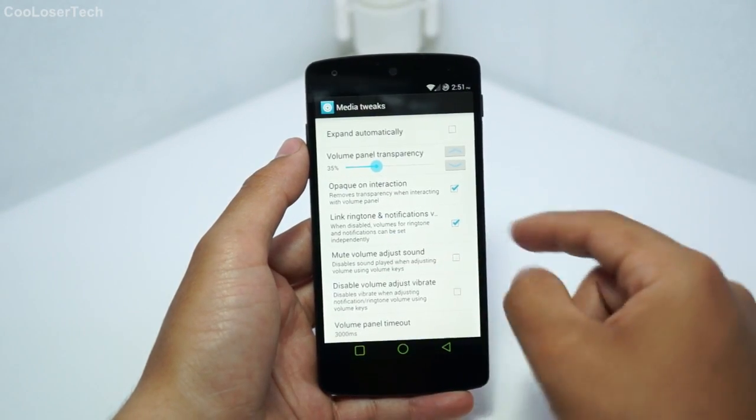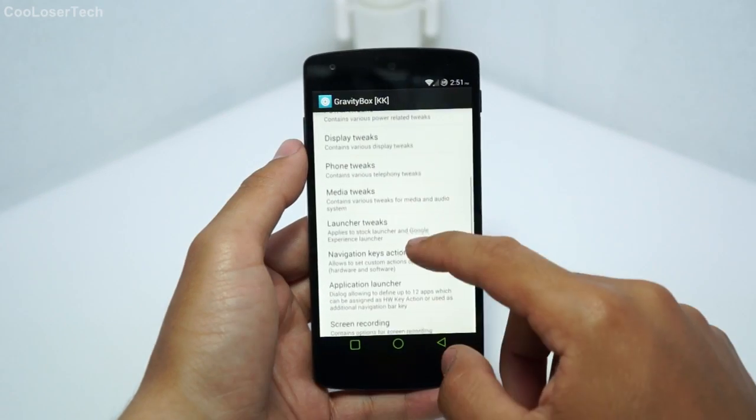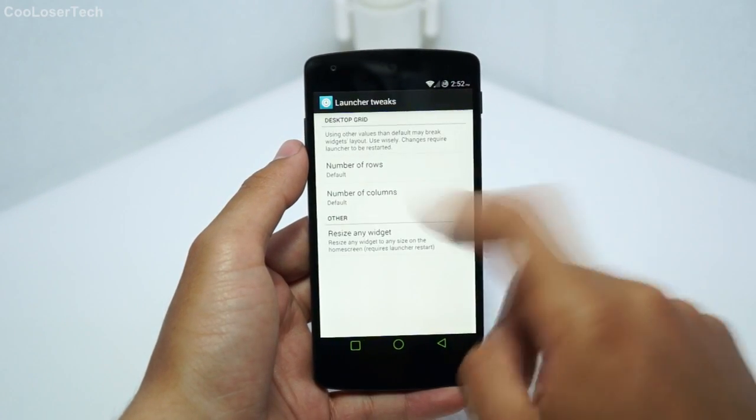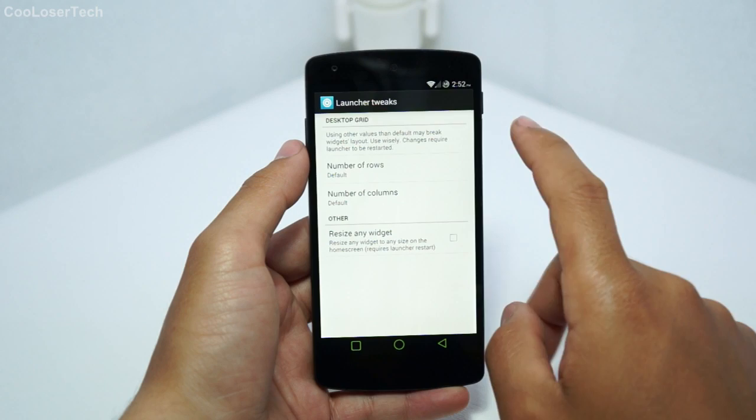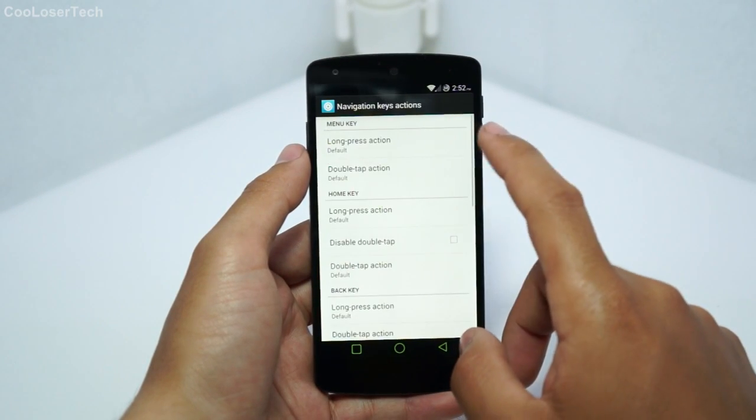Mute volume adjust sound, so you won't hear the beep beep beep beep. You can just, that's media tweaks. Launcher tweaks. I don't really do anything here with the launcher tweaks because I have a different app that I will show you. Your navigation key actions,